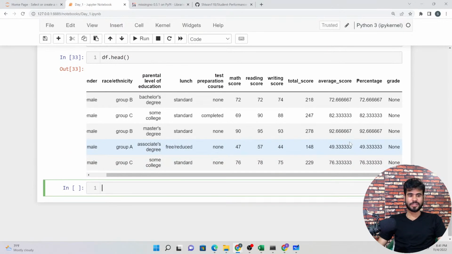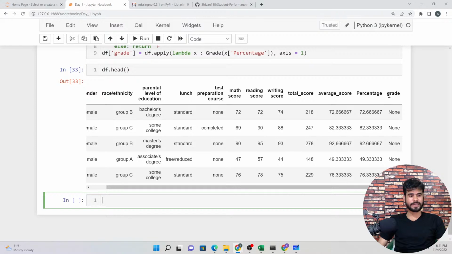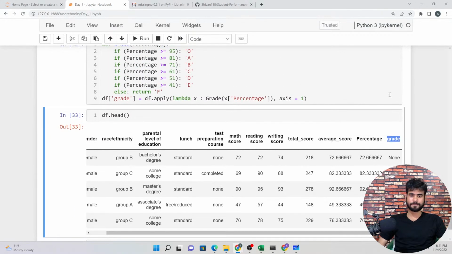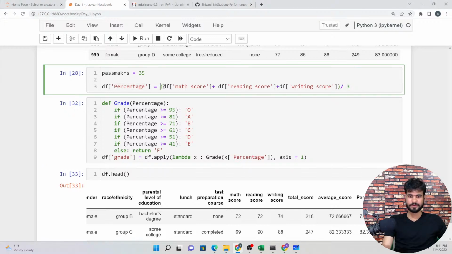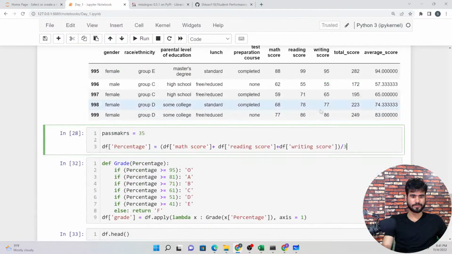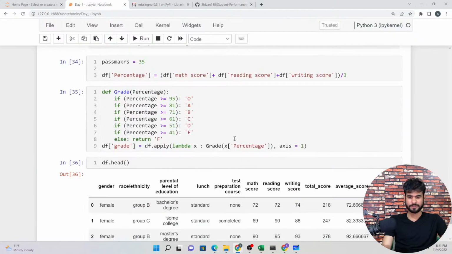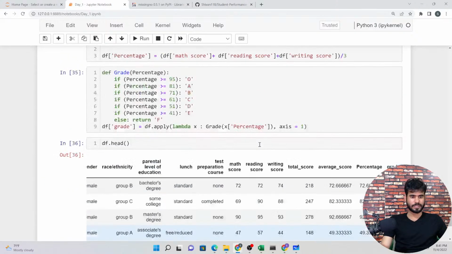Okay, we are getting None. Why are we getting None here? The df score that I have written here, 35. Let me debug why we are getting None. Let me run this again. Again I'm getting None.